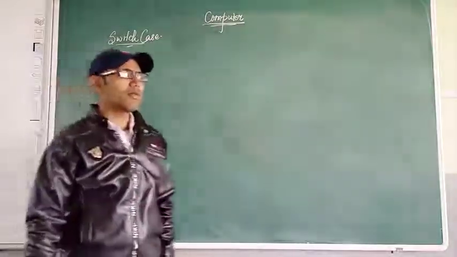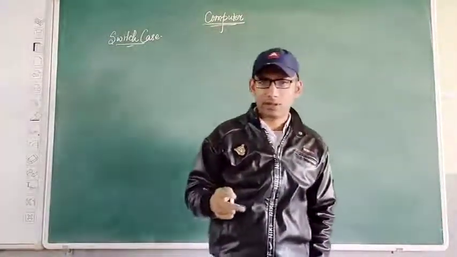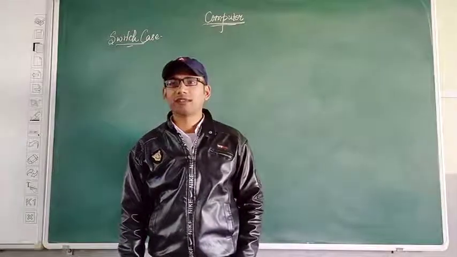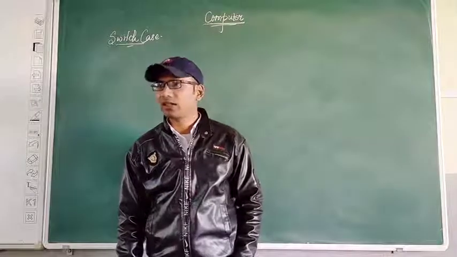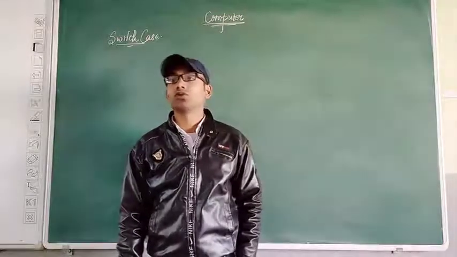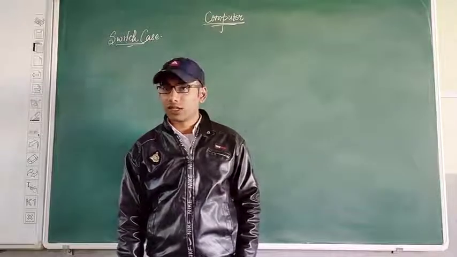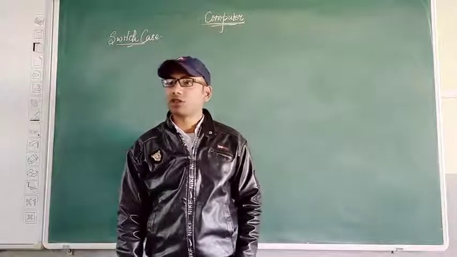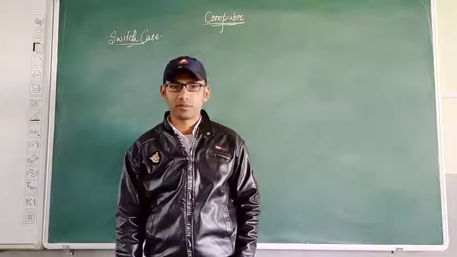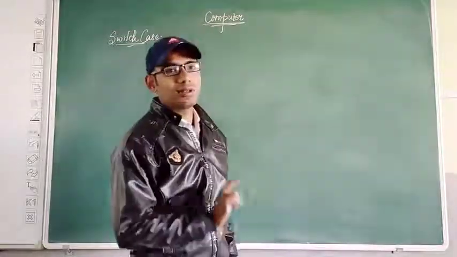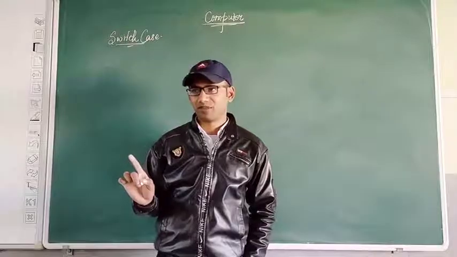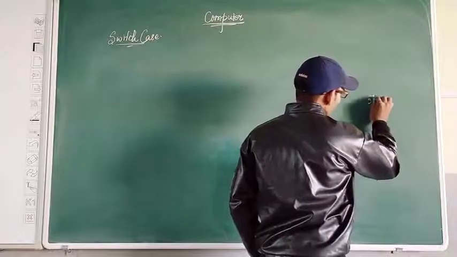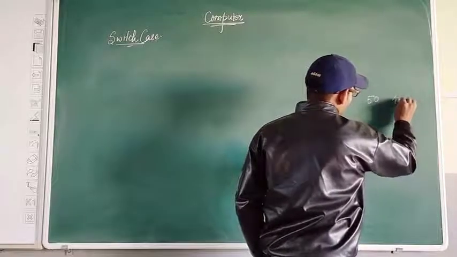Let's suppose you have already accepted two numbers. Okay, the user just asked to write a program to accept two numbers, and after that what you were supposed to do is simply take the choice from the user and do plus, minus, division, multiplication in accordance with the user's choice. Okay, means the program should simply act as a calculator. That means the user will give two numbers. Let's suppose the user gave 50 and 45.